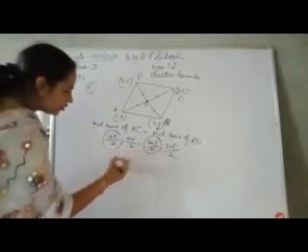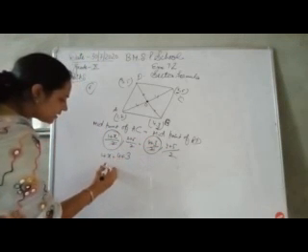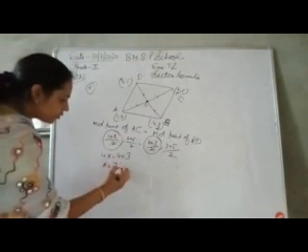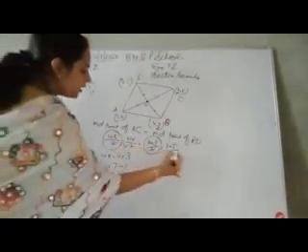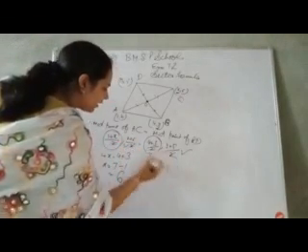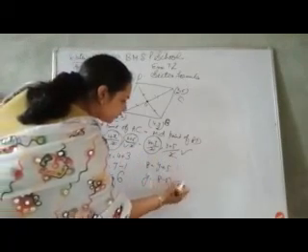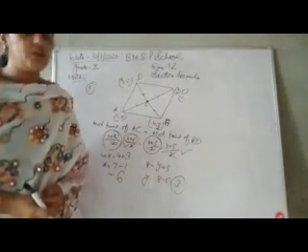So 2 cancels with 2, 1 plus x is equal to 4 plus 3, which is 7, this goes on this side and x becomes 6. Same as the y coordinate with the y, 2 cancels, 8 is equal to y plus 5, 6 plus 2 is 8. So y is equal to 8 minus 5, which is 3. So the x value is 6, the y value is 3. The other questions you will solve by yourself. Thank you. Have a nice day.